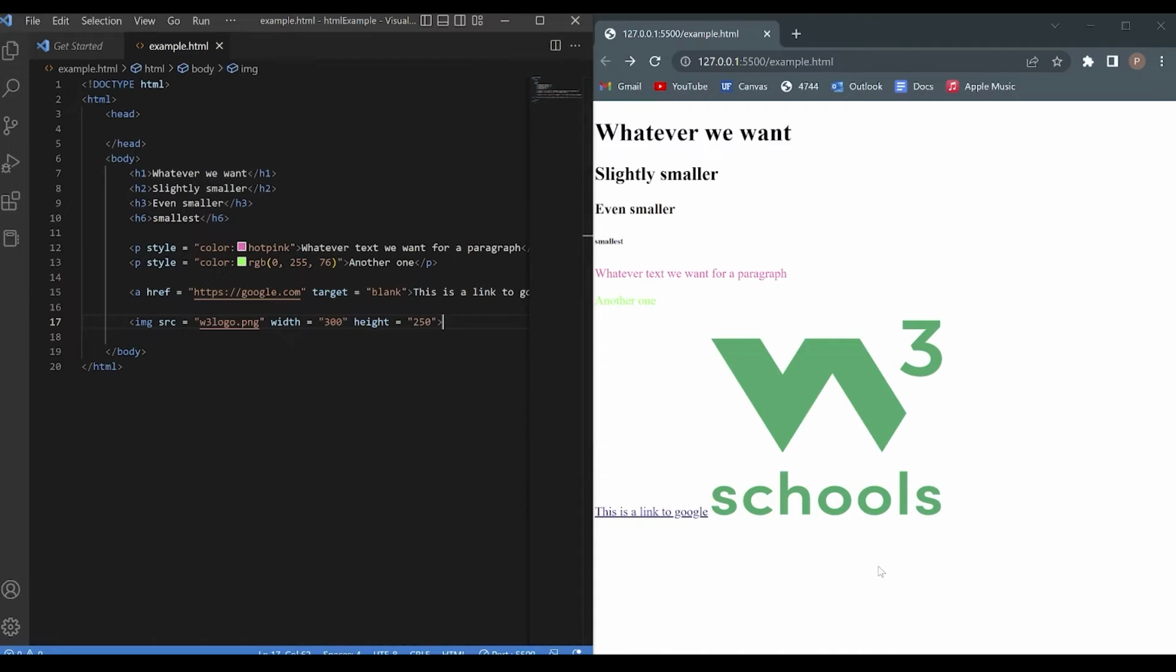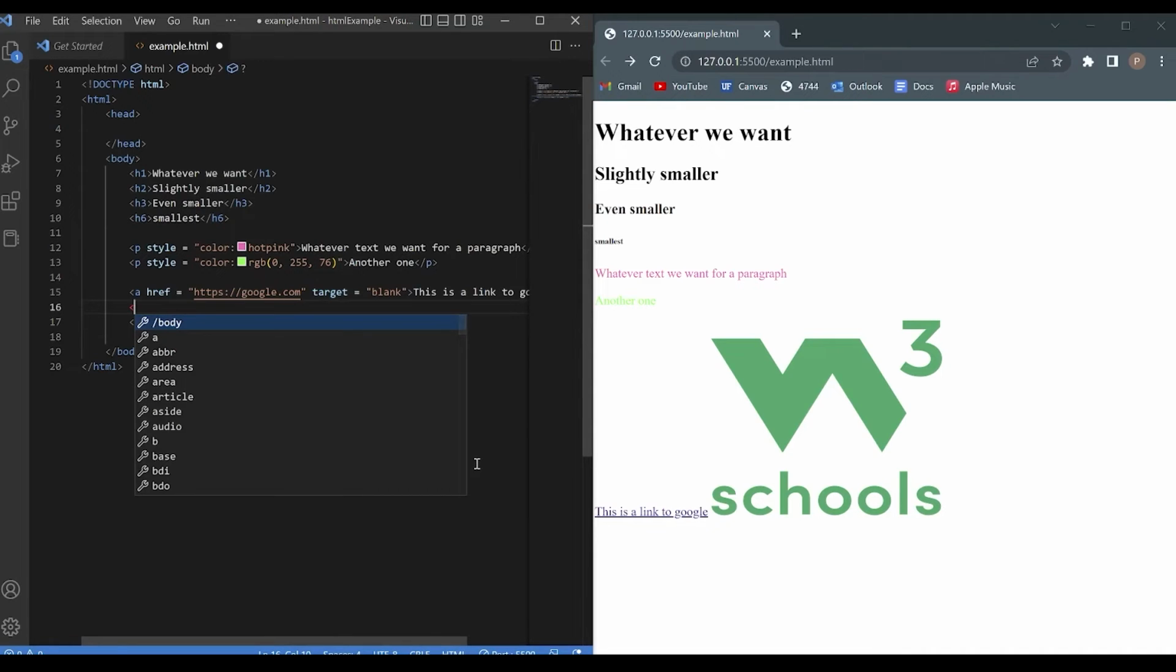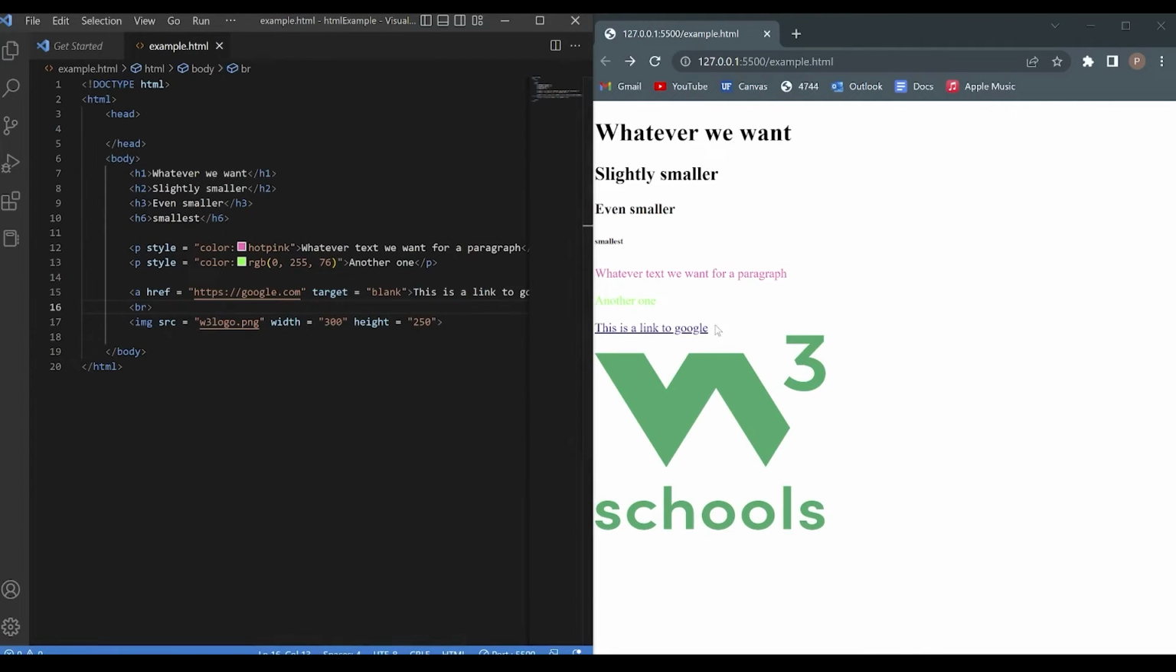Why isn't it below it? It would probably look a little better if it was right below it. And we can do this with what is called a line break element. So we will open a bracket, type BR, and now, if we save this, we have a line break right here, and it puts the image on the